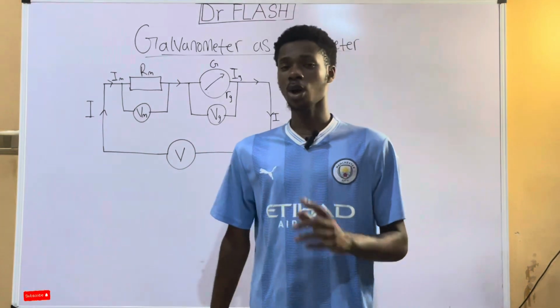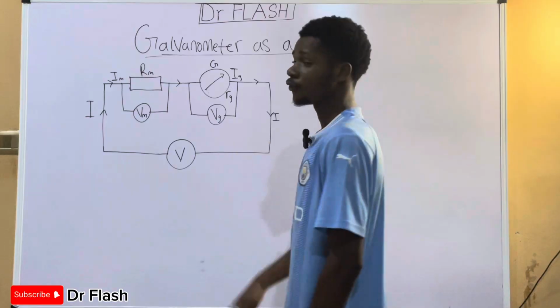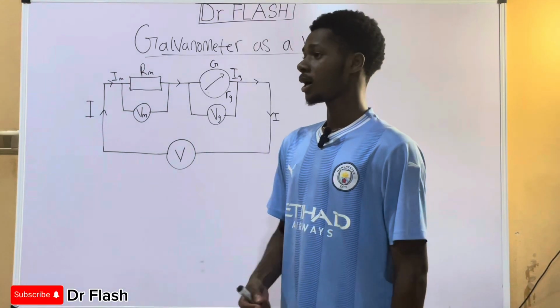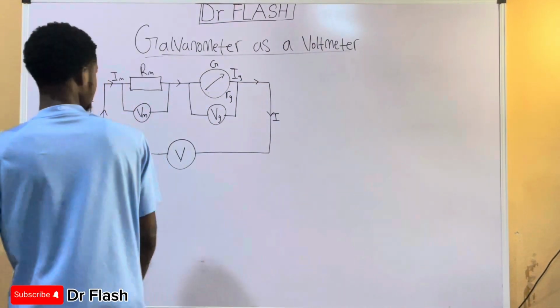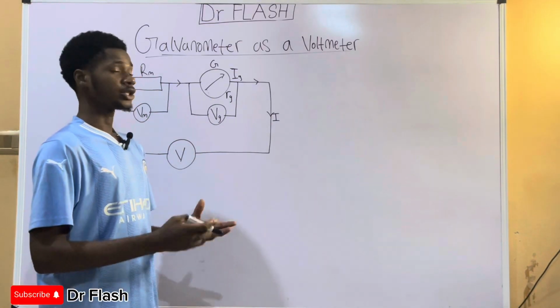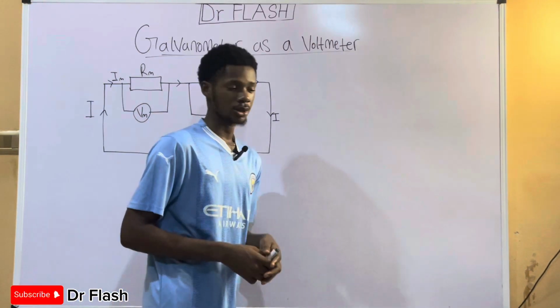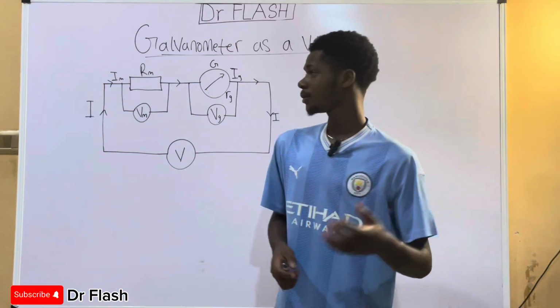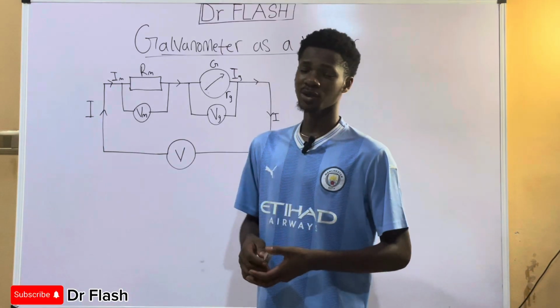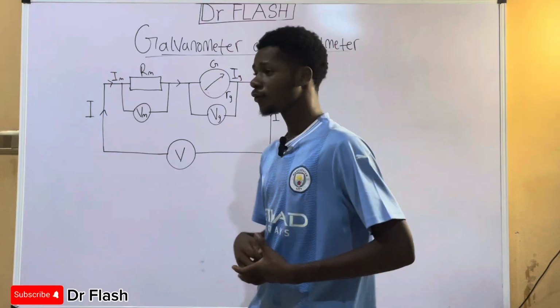In this video, we're going to be talking about converting a galvanometer into a voltmeter. That is, the galvanometer as a voltmeter. First things first, a voltmeter is simply a measuring device that helps to measure voltage, as the name implies. Similarly to converting a galvanometer into an ammeter, we can as well convert a galvanometer into a voltmeter,